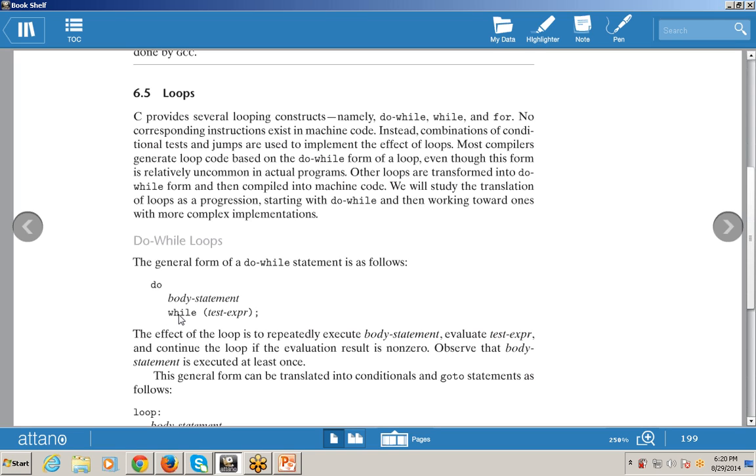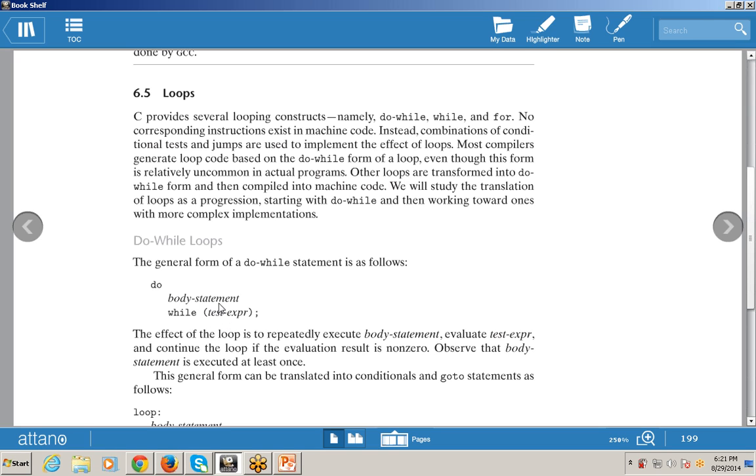As I told you, do-while is an exit control loop. Why is it known as an exit control loop? Because it checks the condition at the exit of the loop. Whenever we exit from the body of the code, then it tests the condition. That is, the while condition is only considered at the end. That is, while test expression. So this is the general form, or general syntax, of a do-while statement. First of all, do, then there is a body statement, there is a while, then there is a condition.